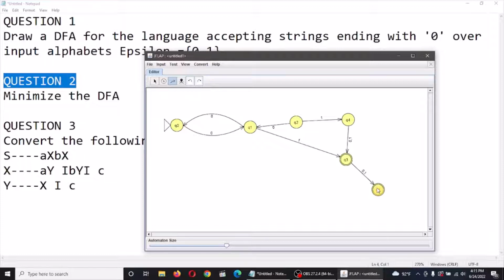Then click enter. After that, we also need one transition from Q5 to Q5, with 0 and